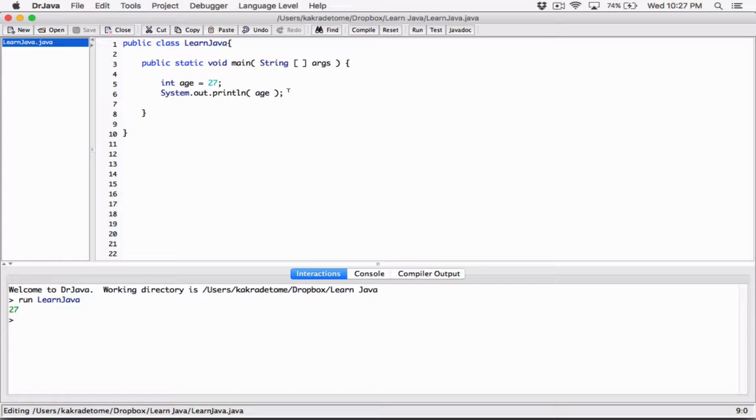Also, make sure you don't declare two variables with the same name. Over here, I have declared a variable called age of type int, and it's storing the value 27, and then I print it out here. When I come to the next line and I declare age int again, and I set it to a different value, 45, and I try to print out age again,